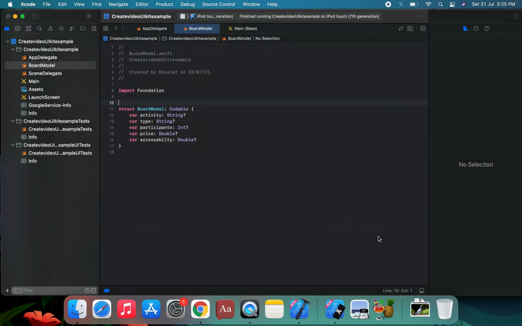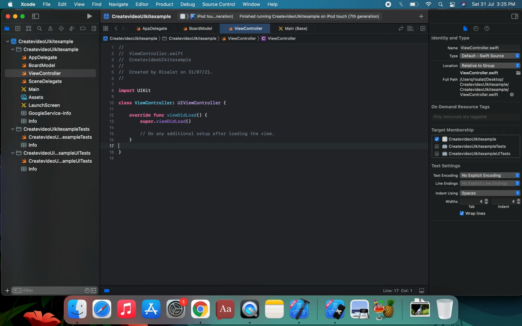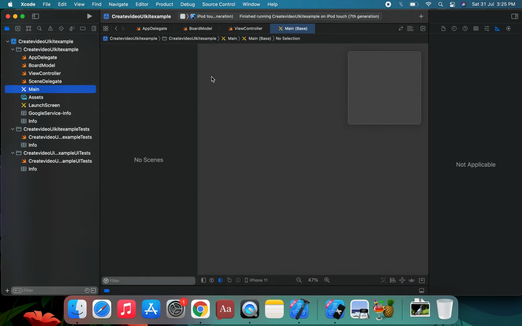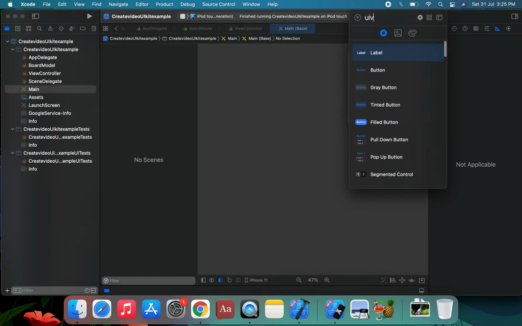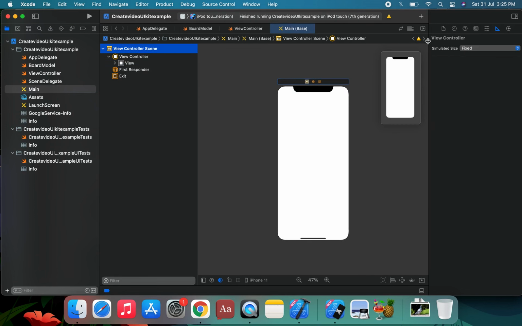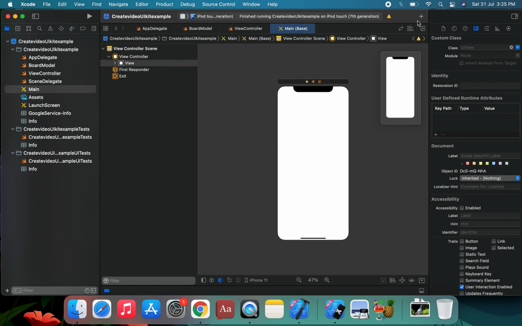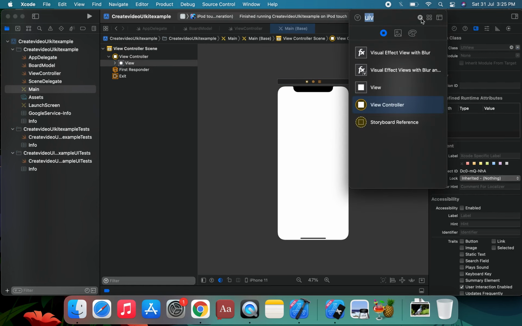We're going to create this using storyboard in this project. So we're going to assign the UIViewController in the storyboard to the class ViewController, and we're going to create the design.